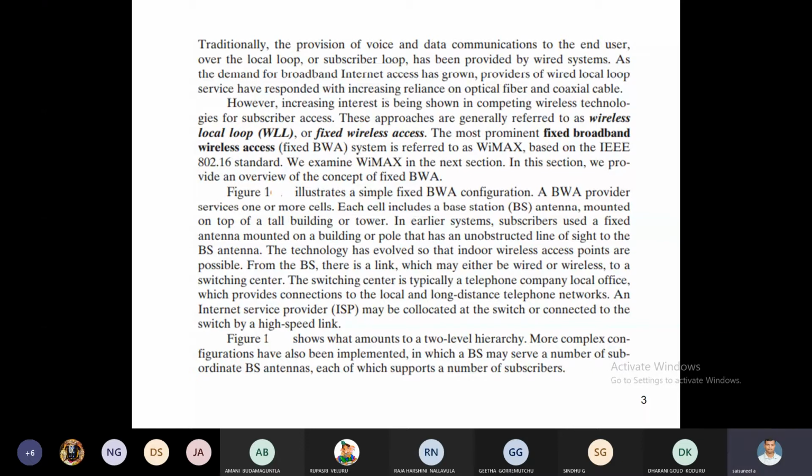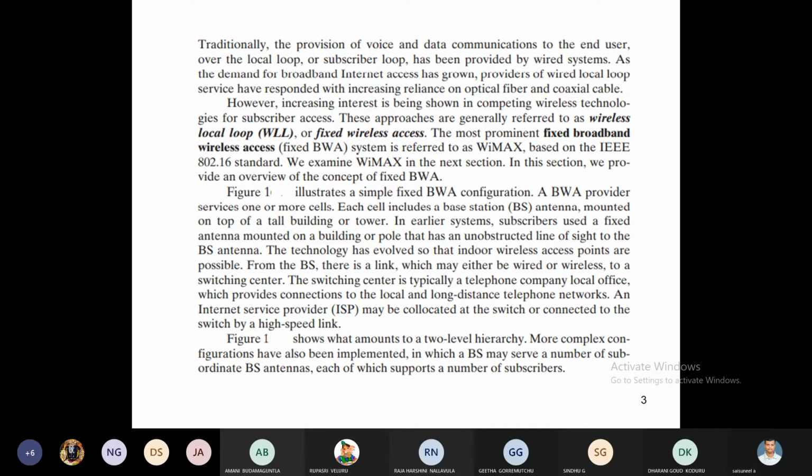Suppose we require a broadband, high-speed network for data transmission and internet access. At that time, we use broadband internet access, with optical fibers and coaxial cables for the broadband connection. With two-wire pair and twisted pair cables, the speed varies in terms of kbps. But with optical fiber cables or coaxial cables, the internet speed automatically increases. That is broadband internet access. This is about the wired local loop.